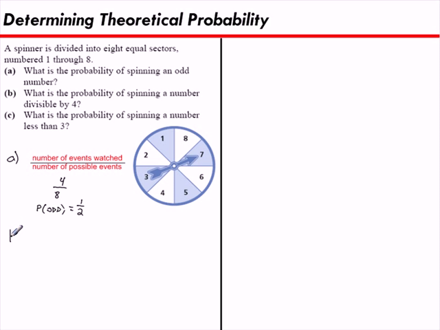For B, we'll apply the same formula that we see up there in A, but it's asking for the probability of spinning a number divisible by 4. Well, the events watched are numbers divisible by 4. How many numbers on this wheel are divisible by 4? Well, just 2 of them. 8, you can divide 8 by 4, and you could divide 4 by 4. So the number of events watched is 2. And again, there's 8 spots on the wheel. That's the total events. So the probability